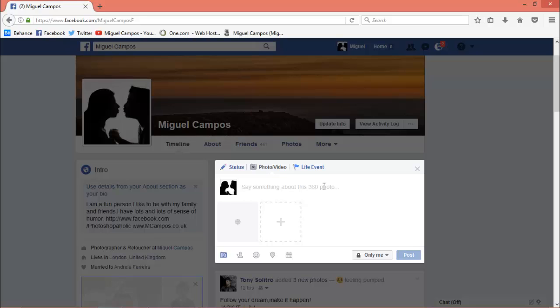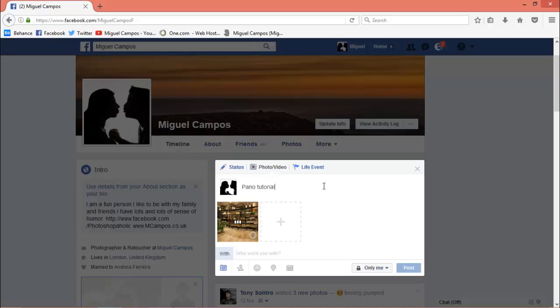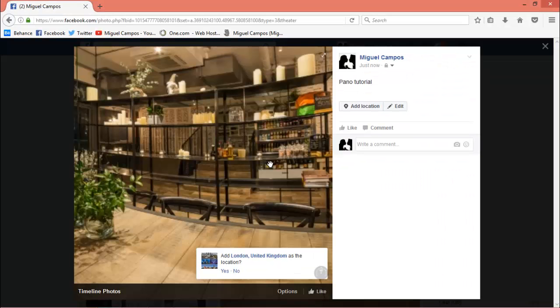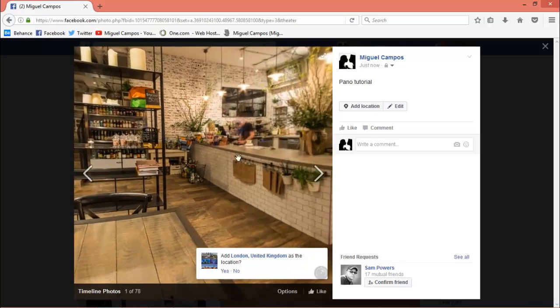And here it is. So I'm just going to write down something. Pano tutorial, post, and now as you can see, here it is,